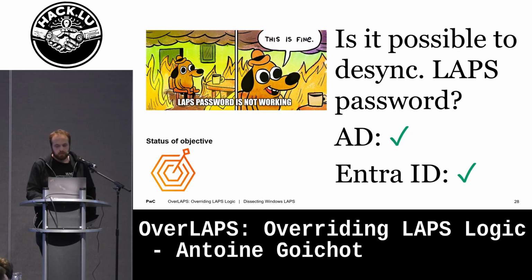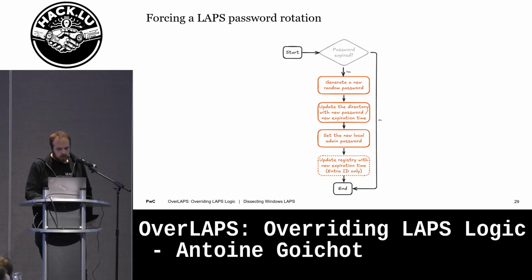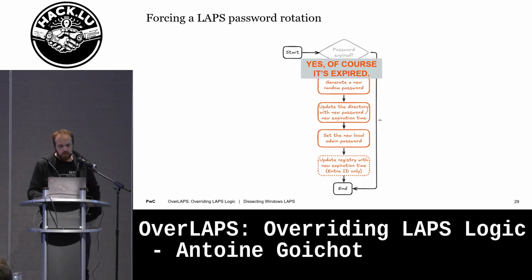So can we trigger a password change on demand? If we look at the diagram that I showed earlier, at the beginning we check if the password is expired. So one easy option is to say, of course, it's expired. So we will overwrite this check, and the local system will believe that the password is expired and change it.